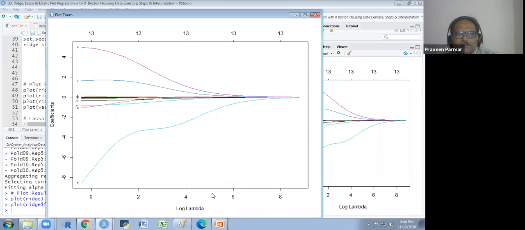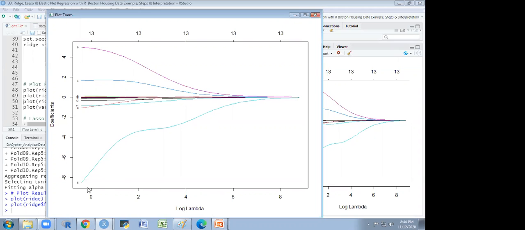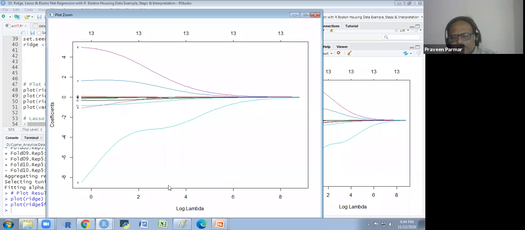But at log lambda, it is a log value of the lambda. As we go to the lower values, these coefficients have much higher values. And when we are controlling it, as we increase the lambda, then these coefficients are controlled.